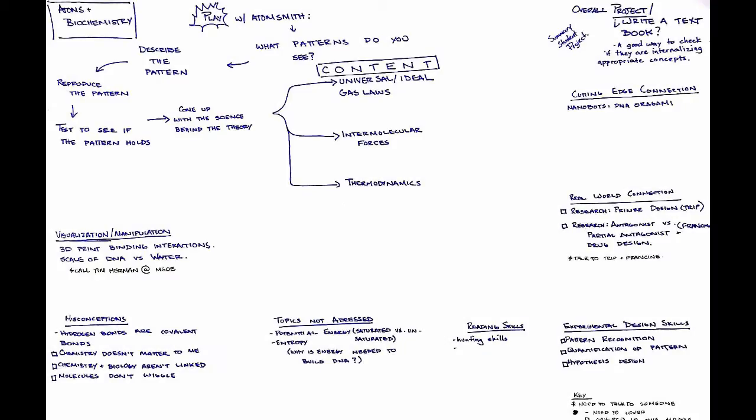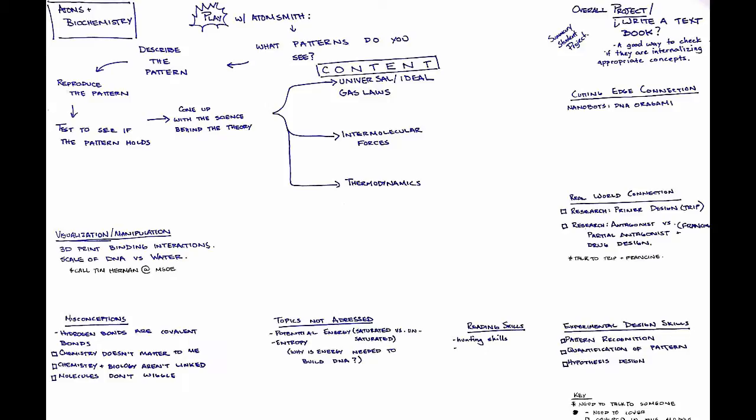We have the kids play with Adam Smith. We have them make whatever observations they want to make and describe whatever patterns they want to describe. And we take them through the process of experimental design. They look at those patterns, they attempt to describe those patterns scientifically, and they see if those patterns hold. For the case of water, we see if maybe hydrogens stick to everything. We put the water in with other molecules, and then we find it sticks to some things and doesn't stick to others.